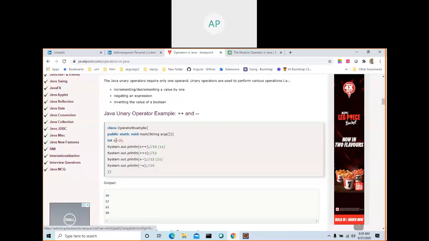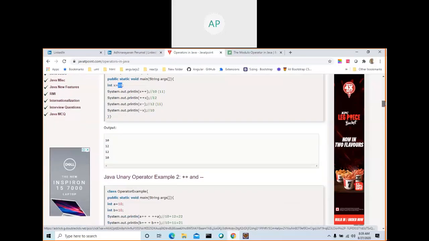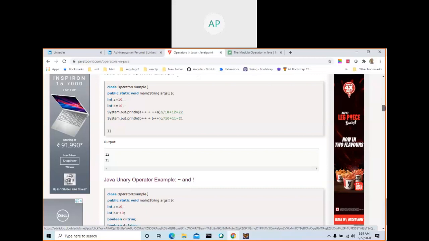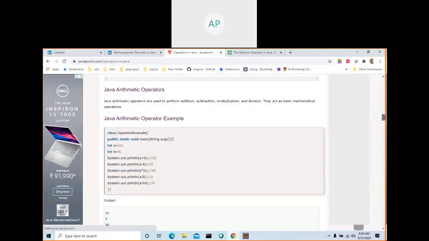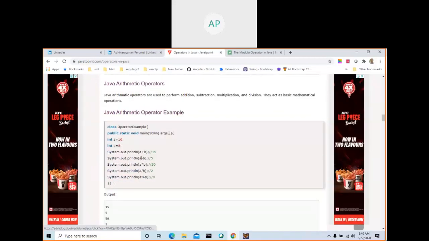The value of x, after this statement, will be incremented to 11. Anyway, I will give you one example. As of now, you can leave all. You can also go and read from here. This one is plus, minus, star, divide, and this is to get a remainder, modulo. This is to get the remainder.